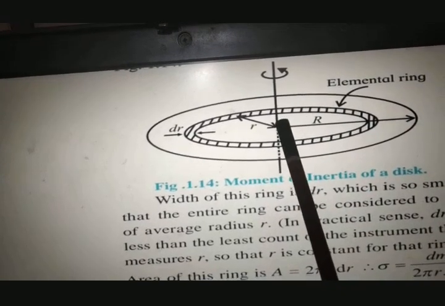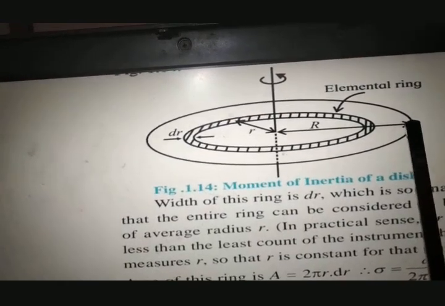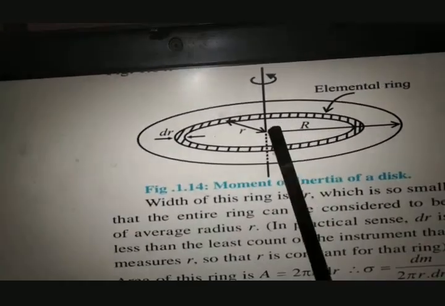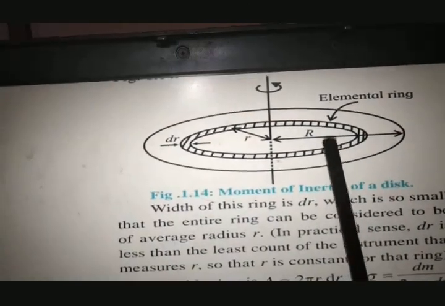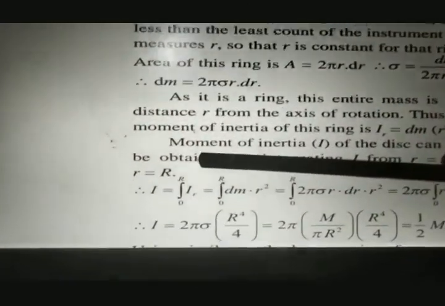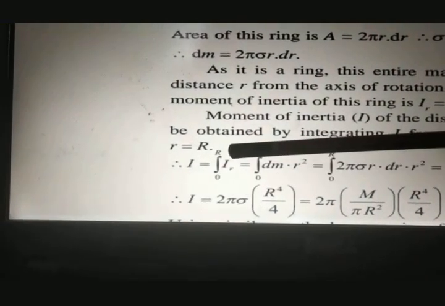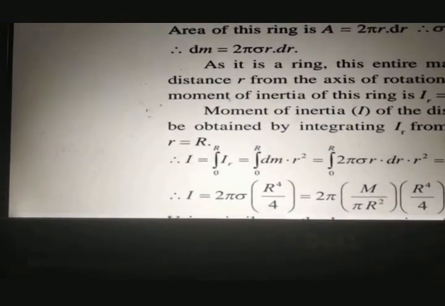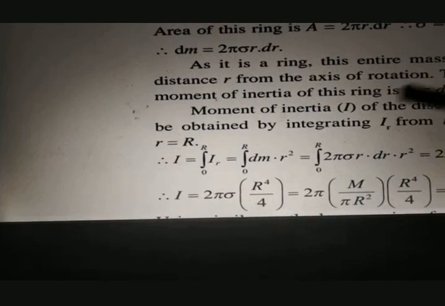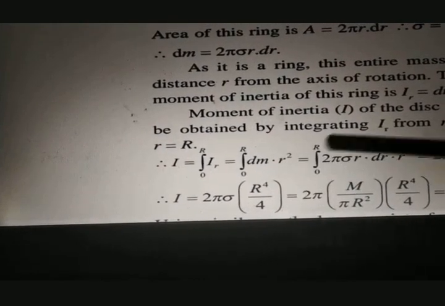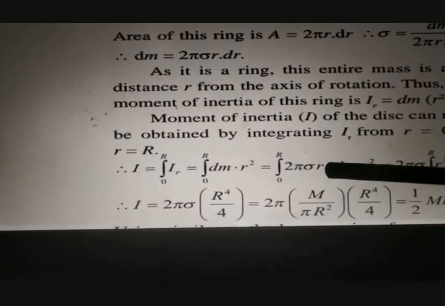So the first circle will start over here, axis of rotation at 0, and the last point is till where? Means where will these circles go? Till the radius r of that disc. So you will take I is equal to integration from 0 to r, dI, that is nothing but integration 0 to r. Then what is the value of dI? dm r square. Then what is the value of dm? From this equation, substitute over here.